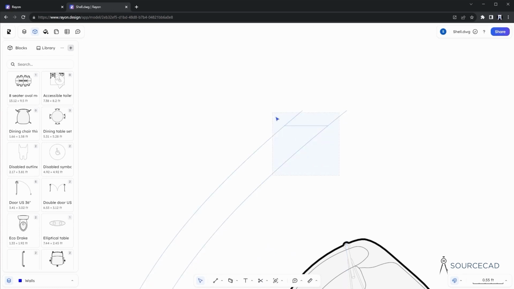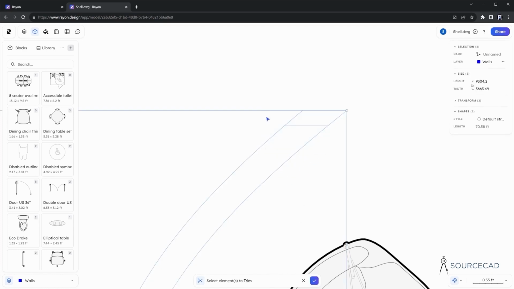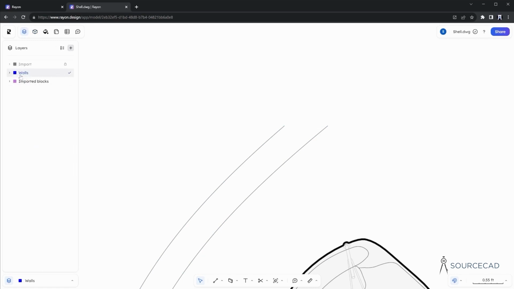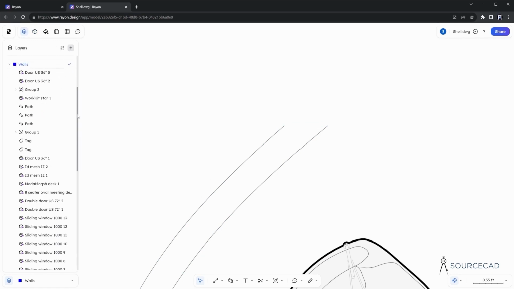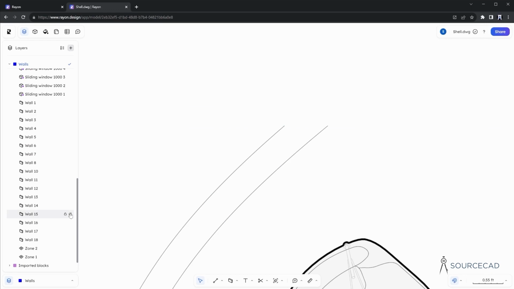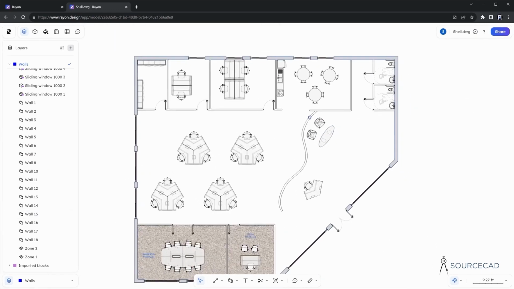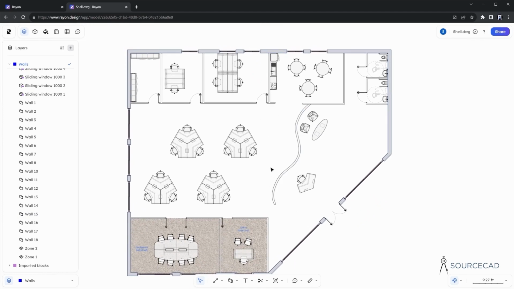Trim, get these objects, accept that, and then I need to click on the elements that I wish to remove. There we go. I don't think I need this line in particular. Then I need to go back, as I've done before, and locate the hidden wall and turn it back on. There we go. All right, so I think my plan is nearing completion, but I would like to define some